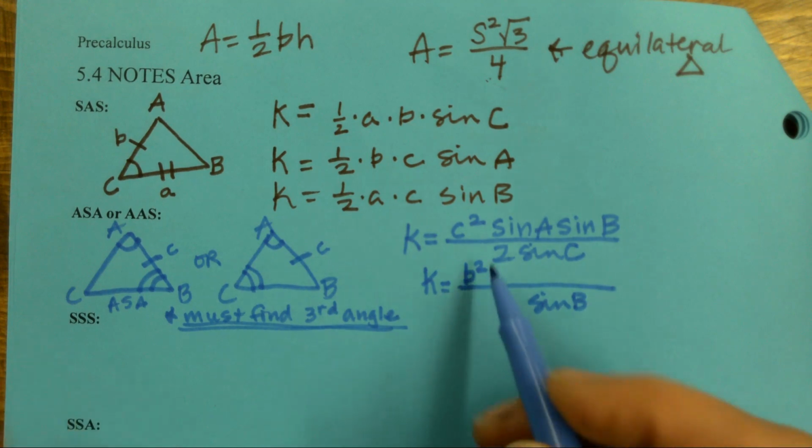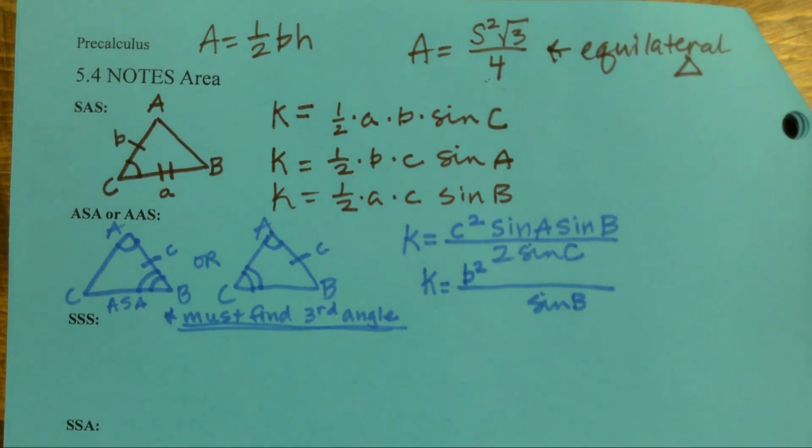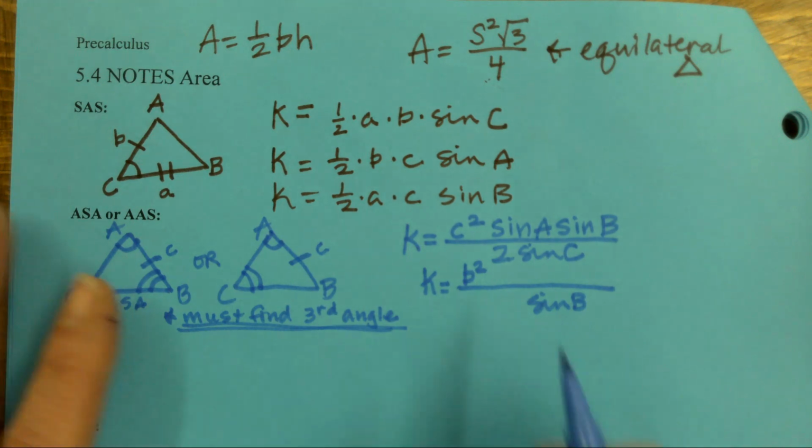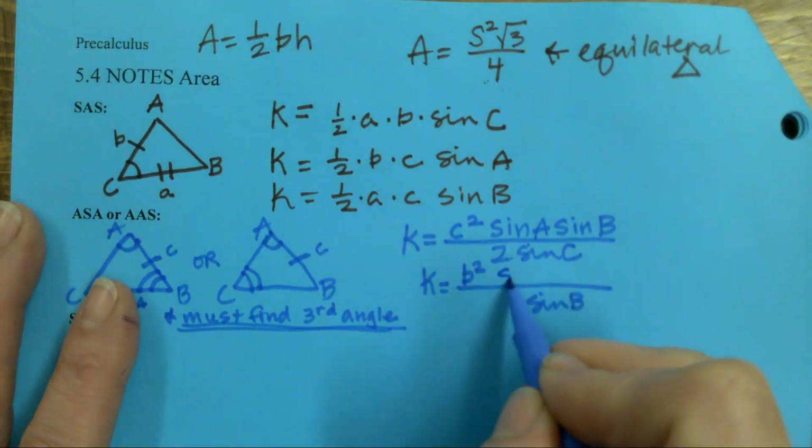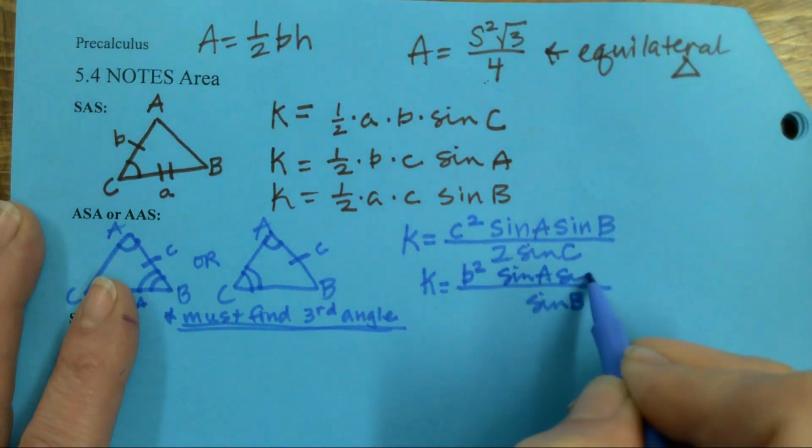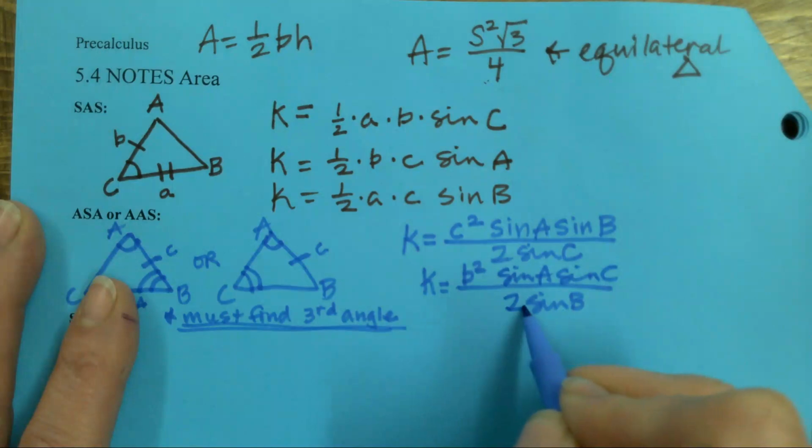Or better than that, whatever side I know, the angle that it's across from has to be on the bottom. The letters are going to change. And then the rest are going to be sine A, sine C, and the 2 will also be always part